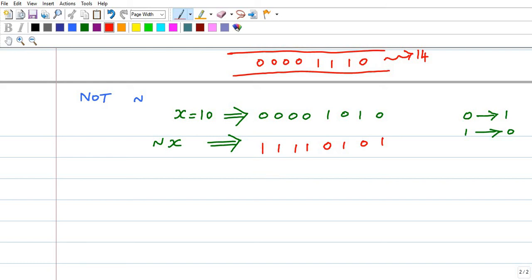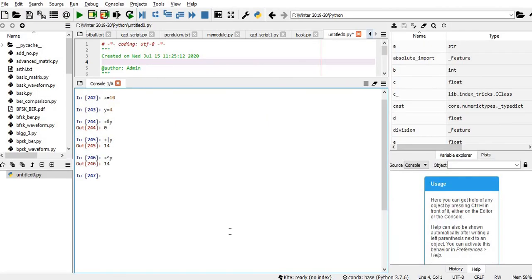We'll check this. not x, and surprisingly I'm getting minus 11. Is this result correct? We'll discuss this.